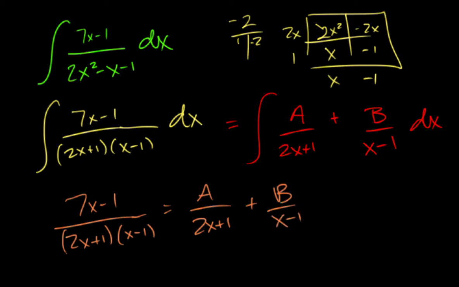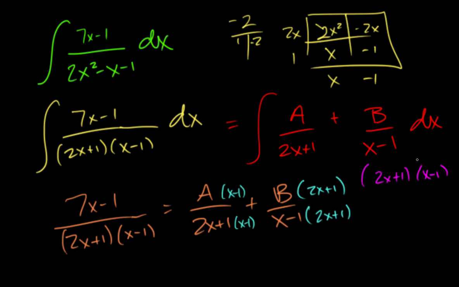Okay. So this has both pieces. This is missing the x minus 1. This is missing the 2x plus 1. And so basically the bottom goes away because we could multiply both sides by 2x plus 1, x minus 1 on this side and on this side. So it would cancel here, cancel here, cancel here. So we're just left with